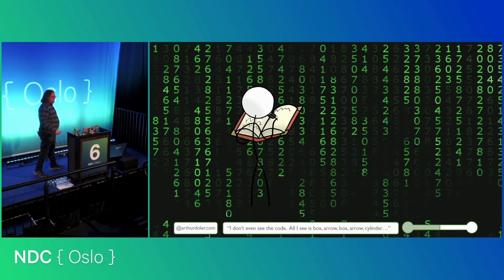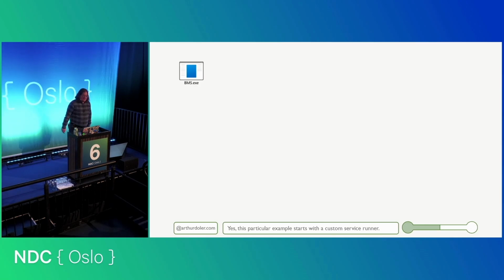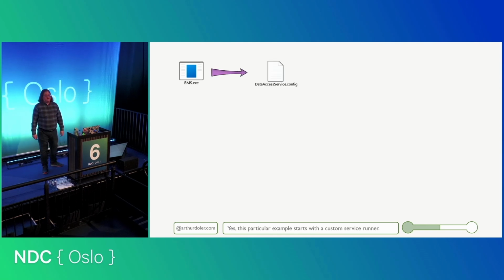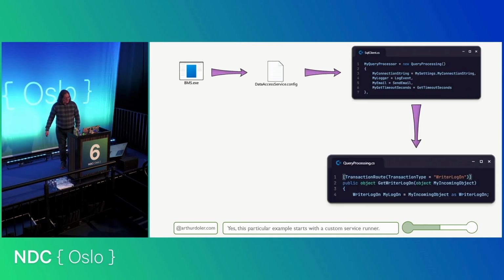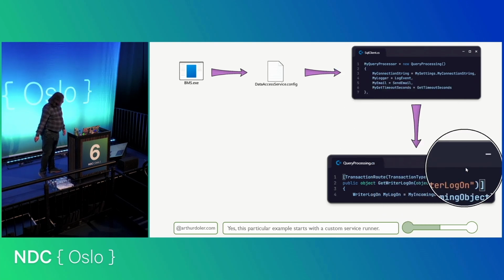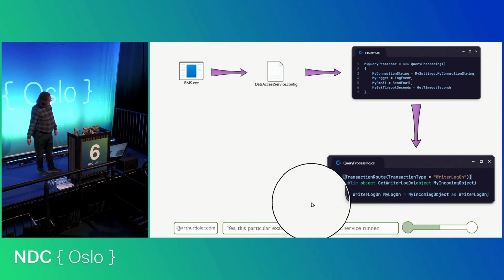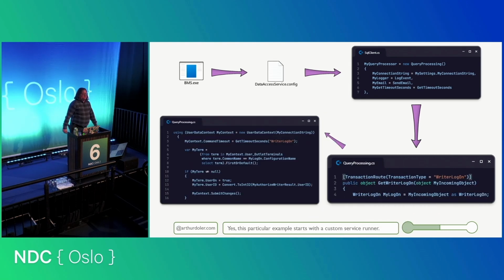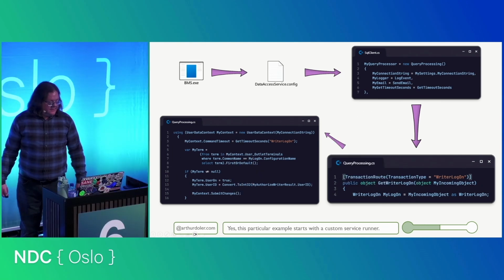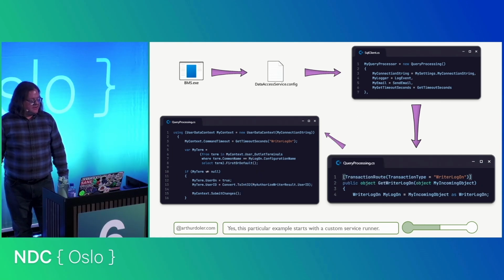So, for example, with the bingo system, the bingo system starts with a custom writer application launcher, which reads a configuration file, which then goes and actually has a query processor. The query processor proceeds to then have a query processing thing where you can see that it is grabbing a particular kind of transaction type through this incredibly complicated and overwrought annotation format. And then it proceeds to actually go through and do a process here where you can see it's doing the myContext command timeout. It's setting up a myTerm object through this myContext and then submitting the changes to the myContext.